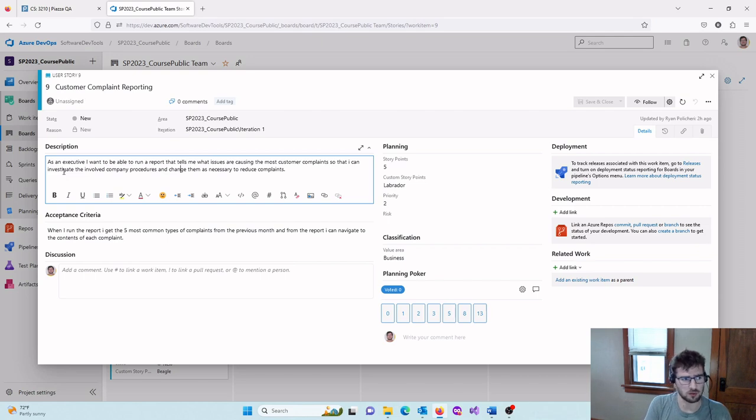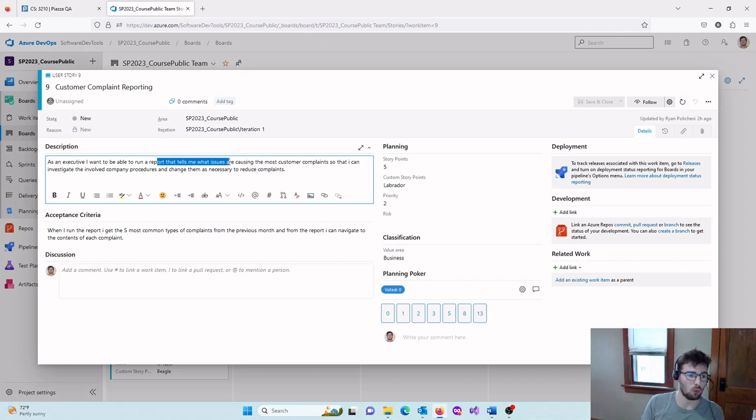And the description of the story is, as an executive at this company, I want to be able to run a report that tells me what issues are causing the most customer complaints so that I can investigate the involved company procedures and change them as necessary to reduce complaints. Right? So who's asking? An executive is asking. They want to be able to see this executive report on what is causing people to file complaints with their company, and